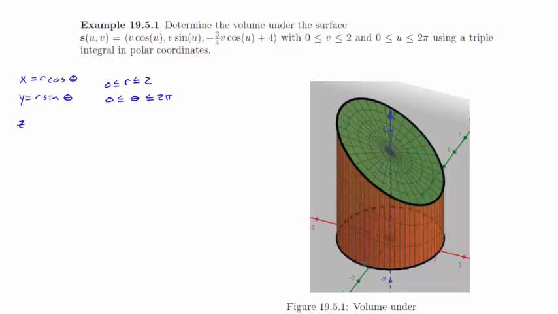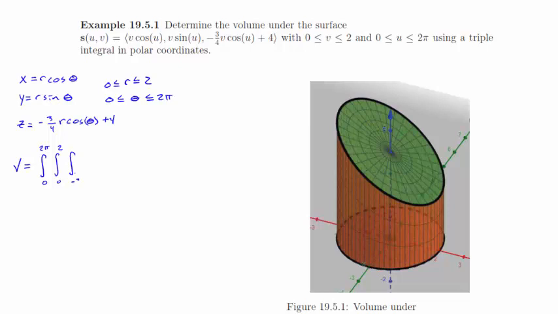Now z equals negative 3/4 r cosine of theta plus 4. Okay, so that's going to be our bound in the z direction. Now, by switching this to polar form, as we have here, we need to recognize that the volume is going to be given by the integral from 0 to 2 pi in the theta direction, 0 to 2 in the r direction,